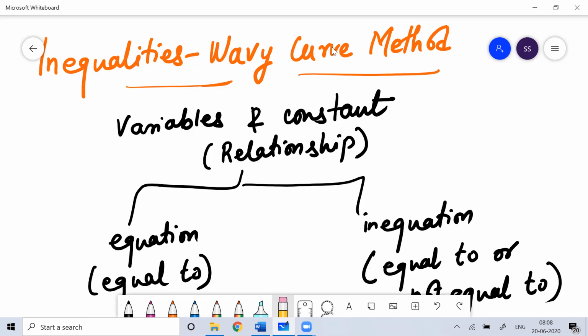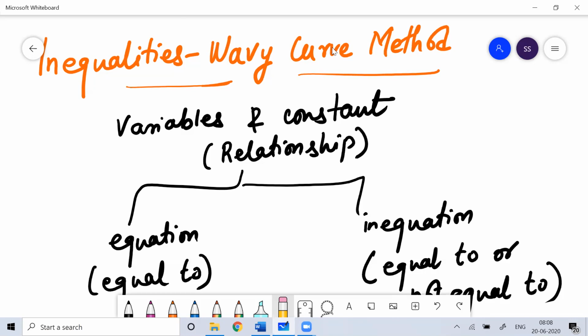In that extreme relationship, will the variable be included or not? That relationship we have with mathematics in the form of the number line, that concept helps us a lot to solve problems on inequalities. And in that understanding, the very important theory or method which helps us reach the conclusion, or find the range of the solutions we can get, is the Wavy curve method.